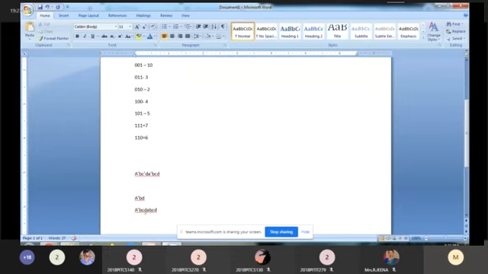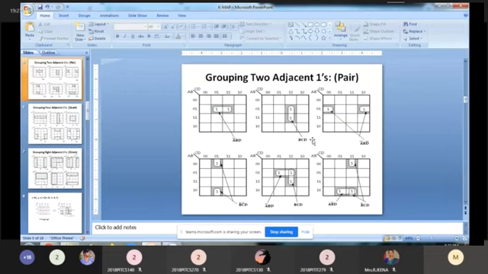Next B. Is any B there? Yes, 2 times B will come, so you consider B one time. Then C. Any C there? Yes, it will come 2 times, so consider it one time. Then D. It will come 2 times, so consider it one time. So what is the value? B, C, D.